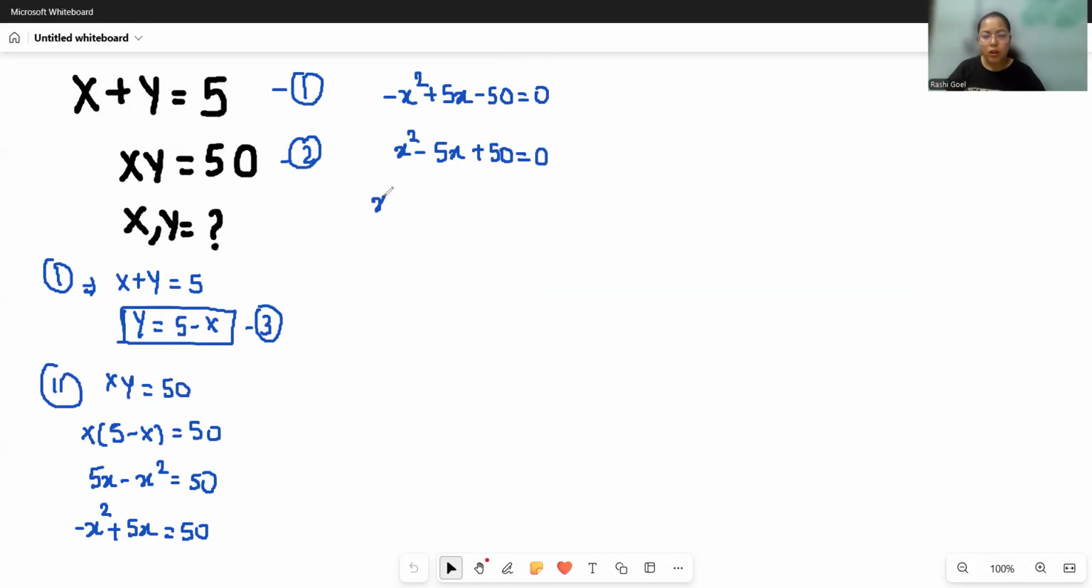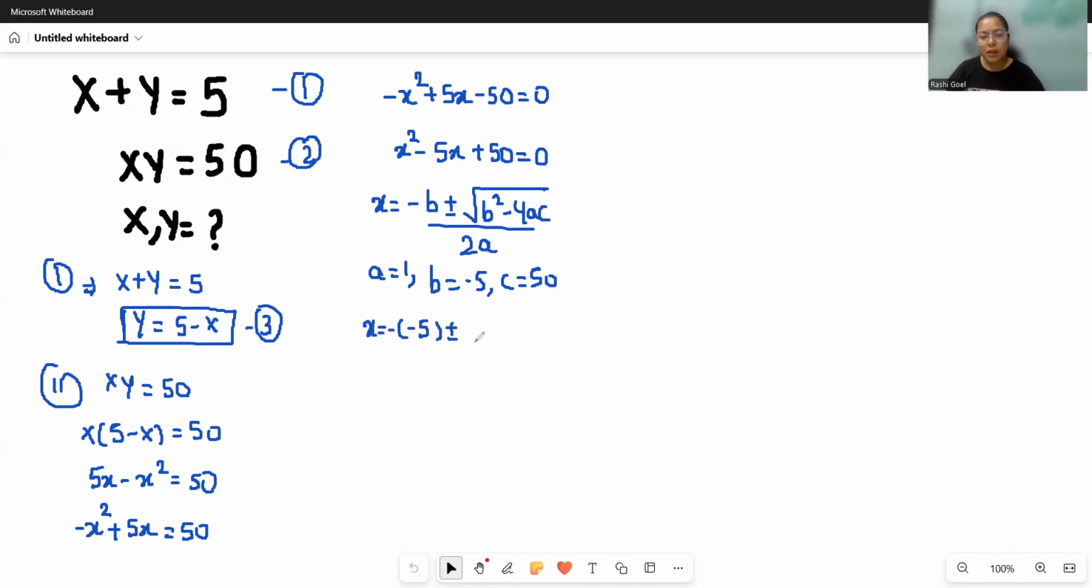Now I am using the quadratic formula, that is x equals minus b plus or minus under root b square minus 4ac by 2a. Here a is the coefficient of x square, b is the coefficient of x, and c is the constant. So put all the values. So it becomes minus of minus 5 plus or minus under root minus 5 square minus 4 times 1 times 50 by 2